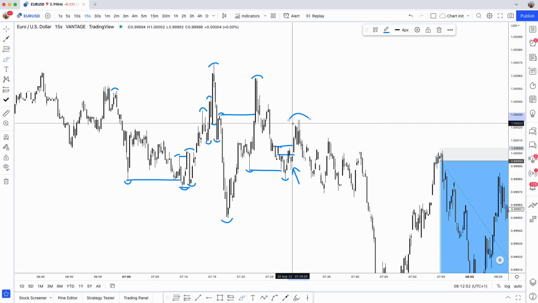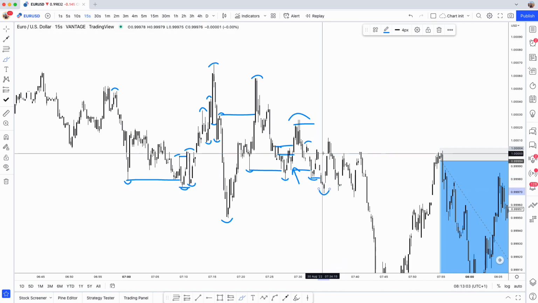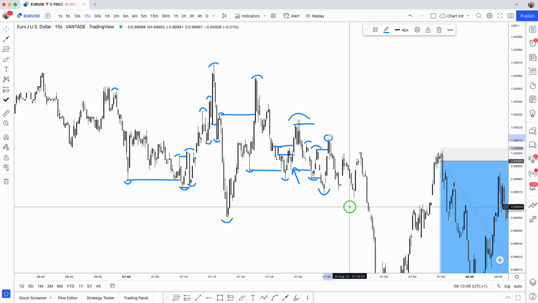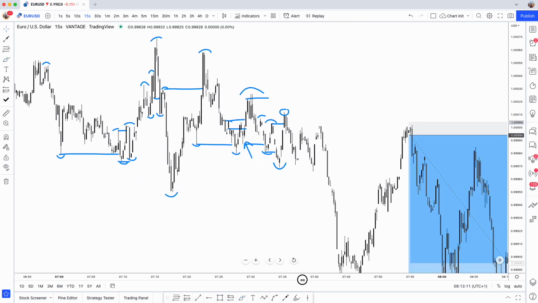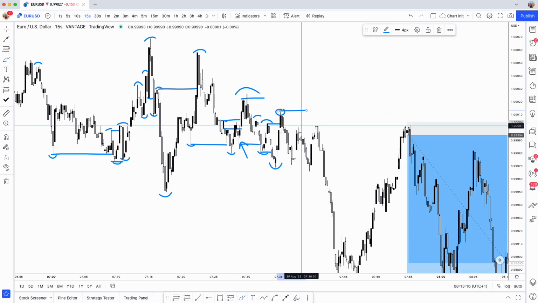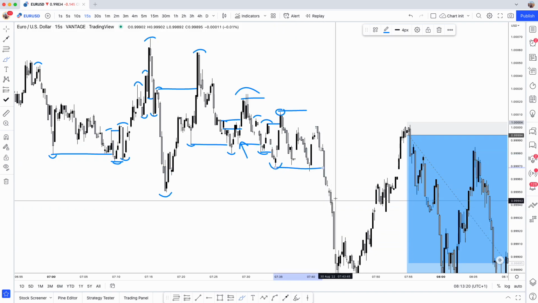So we have this range high, range low. We have this breaker structure here. So we have range low, range high. Okay, and then we carry on going, range low, range high, and then this gets disrupted. Now the reason why I'm saying this now is because this is a successful one. So what happens after that? We form this new range, which needs to be broken. This eventually gets broken now, and it goes on to create this range low.